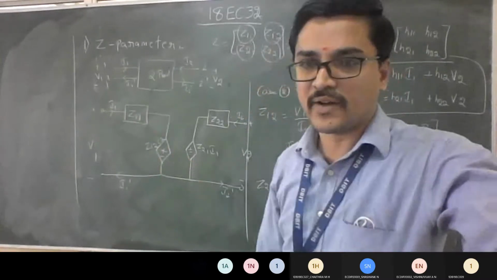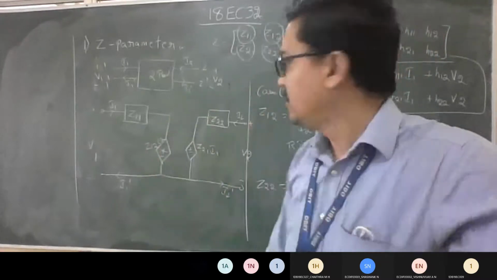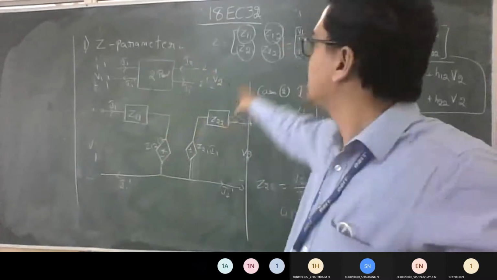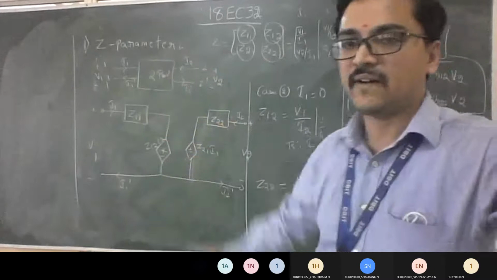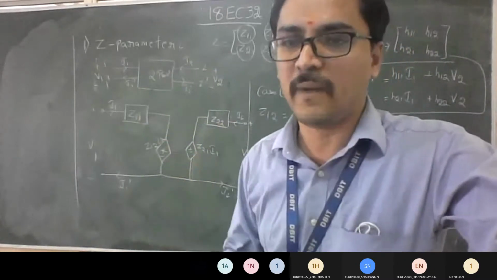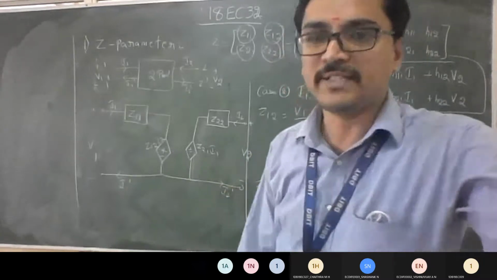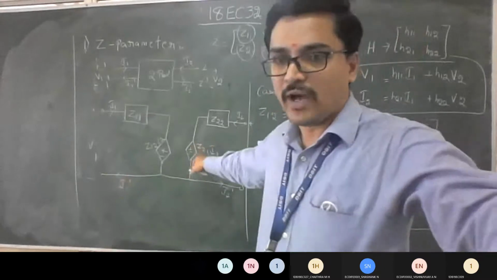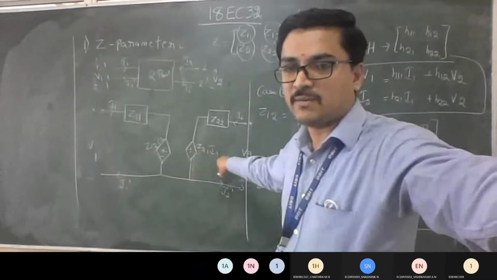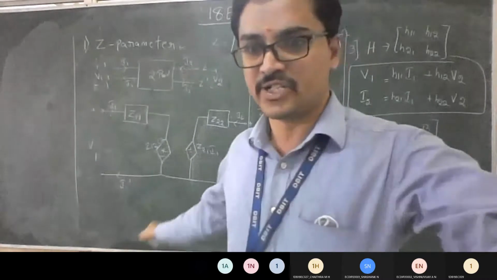How to write the equivalent electrical network for the Z parameter? They will ask you in the derivation, so it will be 8 marks till here. Derive the general equation, consider the cases, then conclude with this formula. After that, the equivalent circuit. See what steps I taught you. You are supposed to follow the same procedure for all the parameters except the ABCD parameter. The equivalent circuit won't be there for ABCD. Only for Y, Z and H you need to draw the last diagram, because ABCD is not a coefficient in the generalized one.